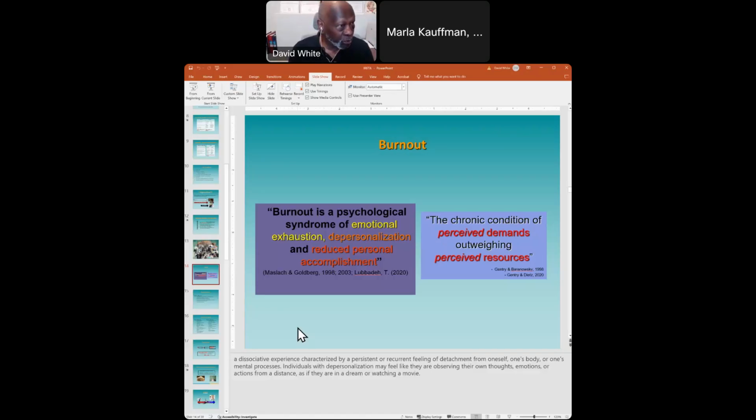So in the situation of working with people in different environments, like in a health center or even in your office, you have so many clients and the clients are making so many demands on you that you look inward and you say, you know what, I don't have the resources to continue to work at this level. And so you start to move into this place of burnout. I cannot continue to do this, not because you don't want to.